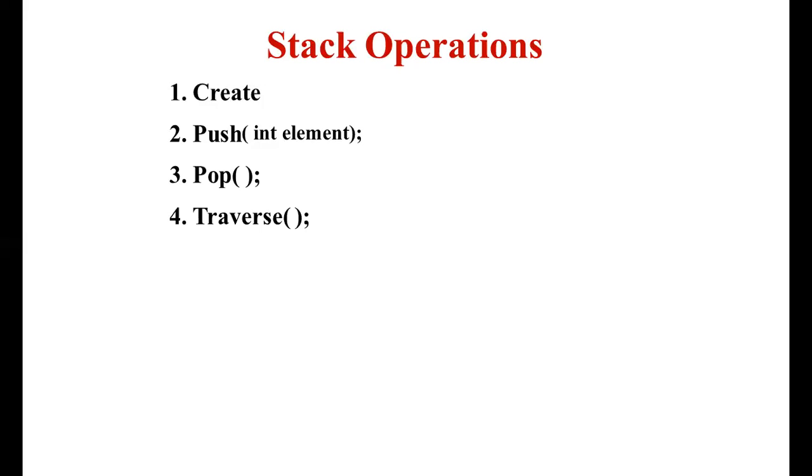And we have some more functions which are optional. The fifth one is the empty function, to check whether the stack is empty or contains any elements. The next one, the sixth, is the full function. And the seventh one is how many elements are there, that is the length of the stack, or simply the size of the stack. Writing the logic for all these functions is called a stack implementation. Once we implement all these things, the stack is ready.